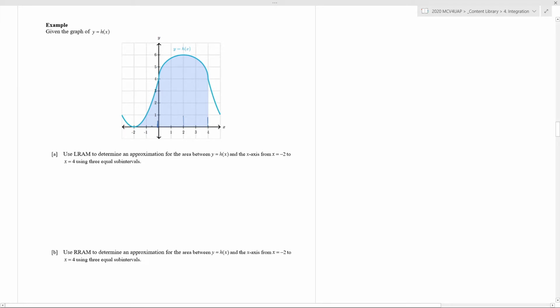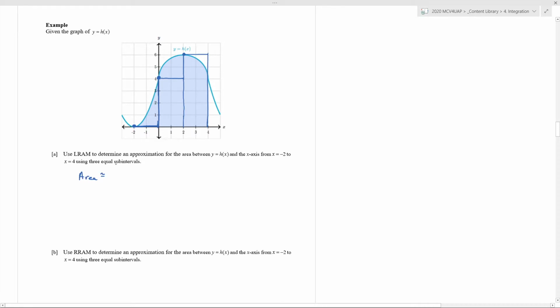Here's the height right here, it's 0. Right? The second rectangle will be like this. And the third rectangle, if I'm using LRAM, would be like that. And so my area,